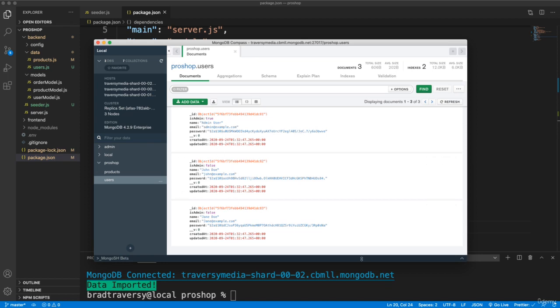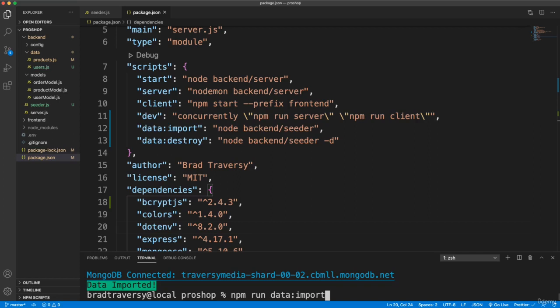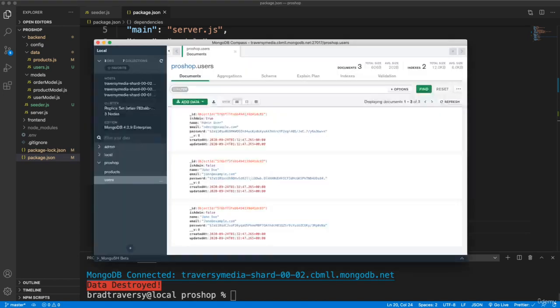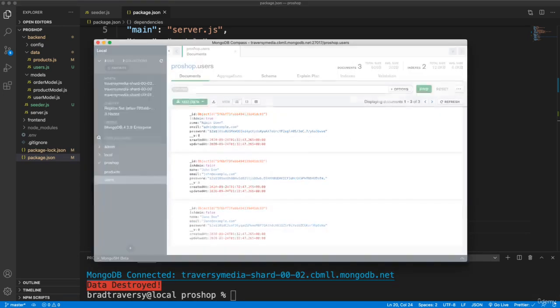Okay, so now that we have some sample data, let's try to destroy it. So if we do data:destroy, data destroyed, and if I go back and go up to View, Reload Data, and now